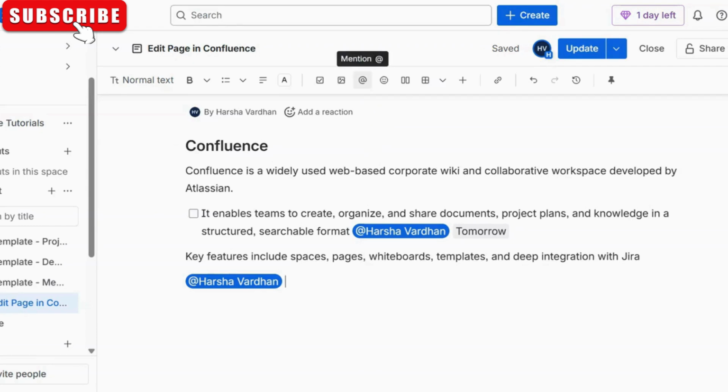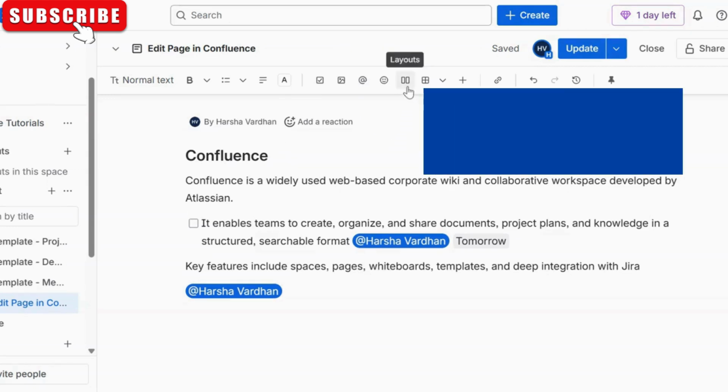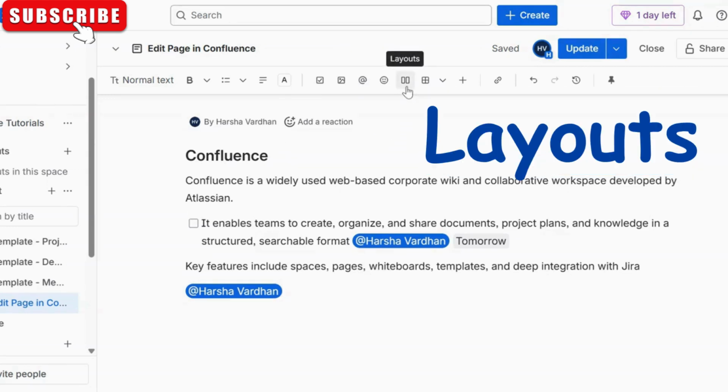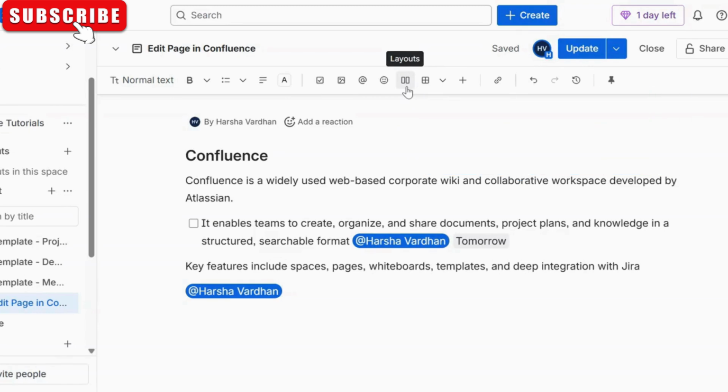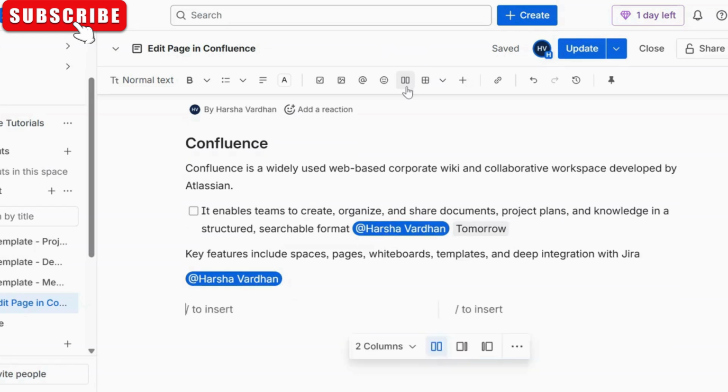And remember, this is being used exactly like you use it in your day-to-day social media. And the next option that we have here is layouts. Layouts allow you to structure your page in horizontal and vertical columns. You can add multiple sections with various columns and configure any kind of complex layouts on your Confluence page. So I'm going to add a layout now. So click here to add a layout, and you can go ahead and insert any kind of gadgets or macros